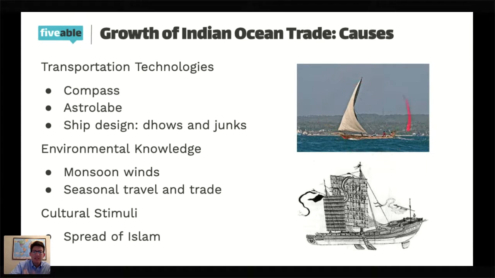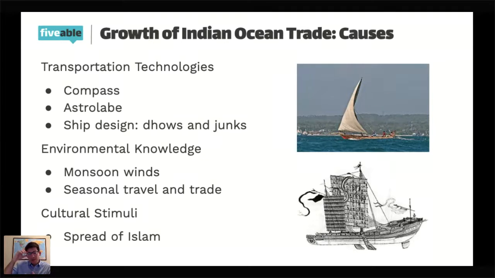They varied in size. It could be much larger, but it was a mobile ship that could carry a pretty good amount of goods, and it used a specific type of sail called the lateen sail, L-A-T-E-E-N. The lateen sail allowed it to tack against the wind, so it was a very versatile ship, and it included technologies from different regions of the Indian Ocean. So it's hard to say exactly where it developed initially, but it was very much popularized by Arab merchants.